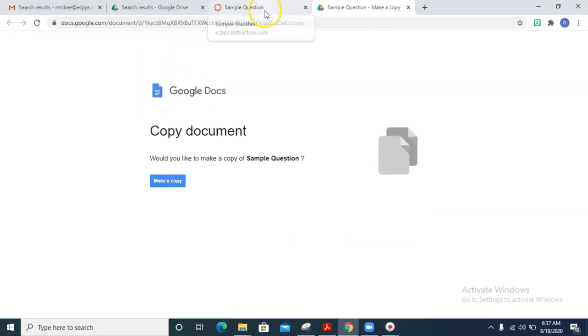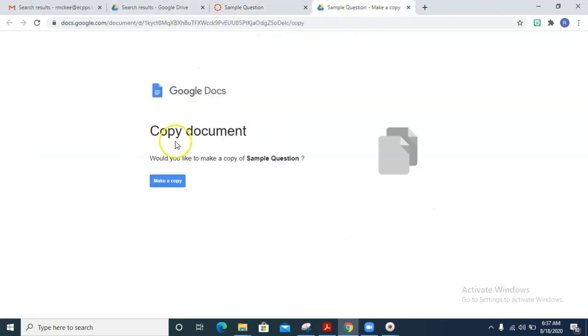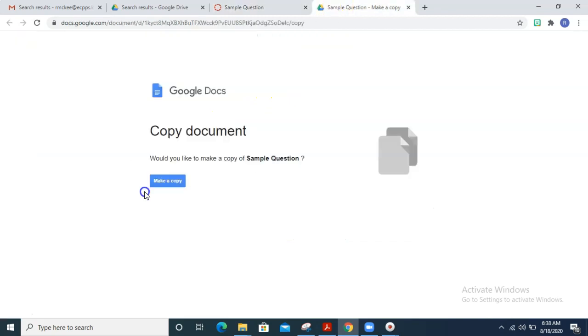So I'm going to click here for the assignment, and I can see that it's opening up a Google Drive document, and this is going to be part of your assignment, probably more than likely most of the time, is you'll have something that actually opens up and it asks you to make a copy. And you can see here our directions say, when the document opens up, click Make a Copy. So I'm going to click Make a Copy,